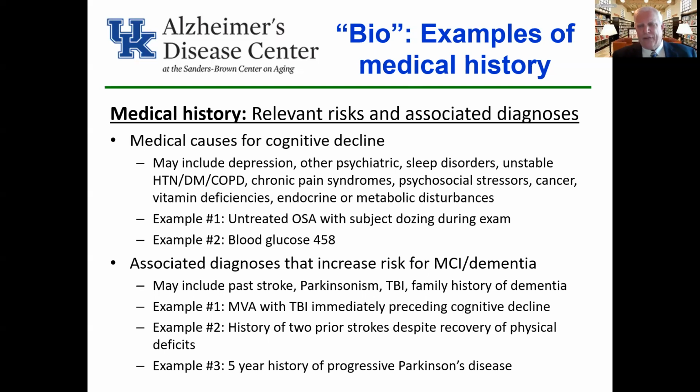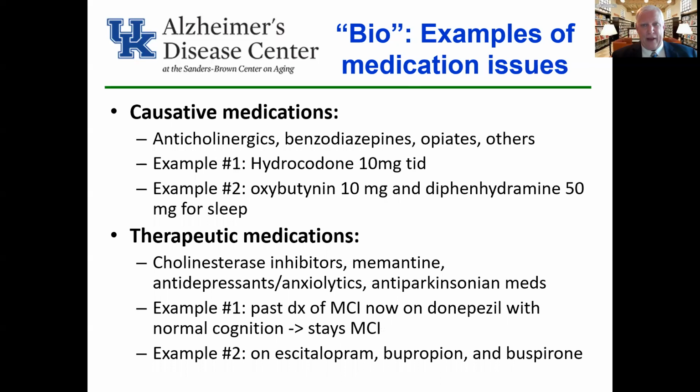Or example 3, somebody with a progressive history of Parkinsonism or Parkinson's disease might really elevate our index of suspicion for an underlying degenerative process. Medications, of course, we want to look at medications that might be causative of the cognitive decline. And we really need to take these into account so we don't overcall dementia when it's really a result of inappropriate medications. We particularly are on the lookout for anticholinergics, benzodiazepines and other sedatives, opiates, but many other medications that can